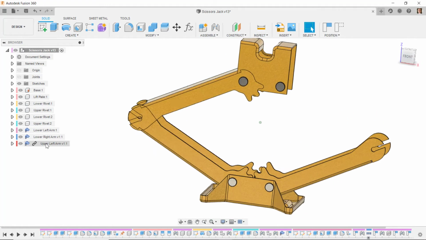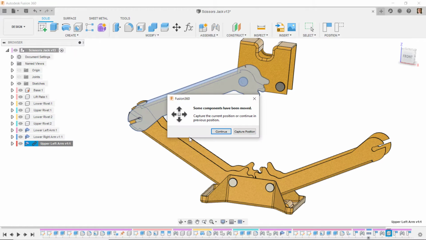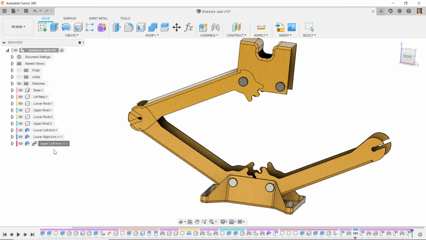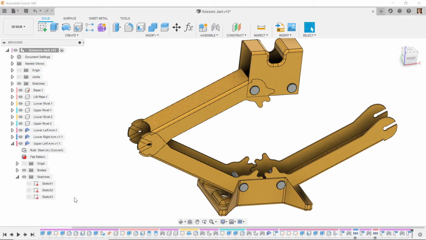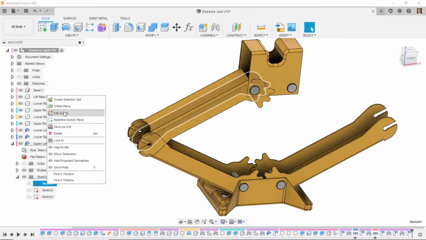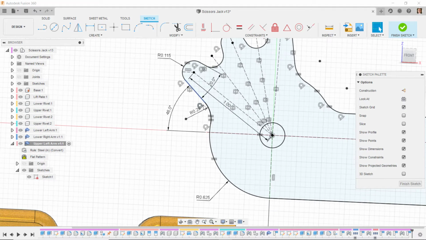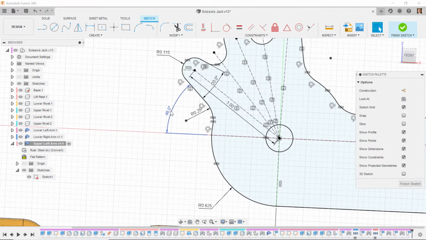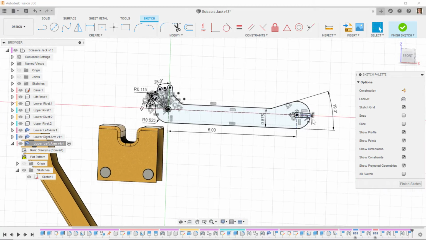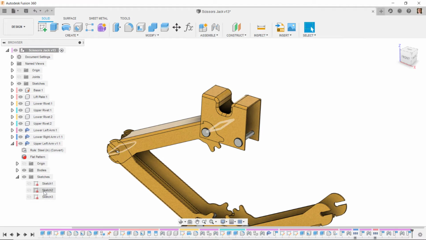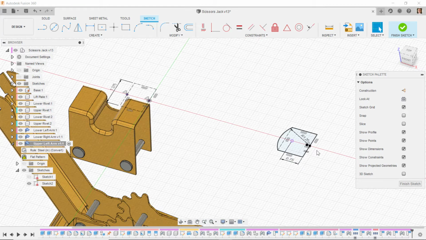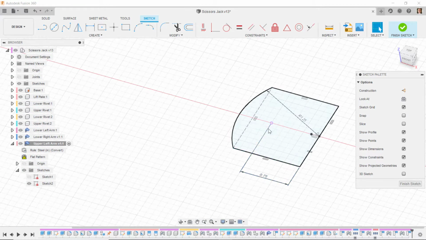And so I'm going to break the link to the dashboard example, and then I'm going to go to that sketch, and I have to change a couple of items in the sketch. I also need to change the thickness, so I'm going to edit that sketch. And so for the upper left arm, this is 46, so that's okay, and all of these dimensions are the same. And so then I'm going to go to sketch number 2,